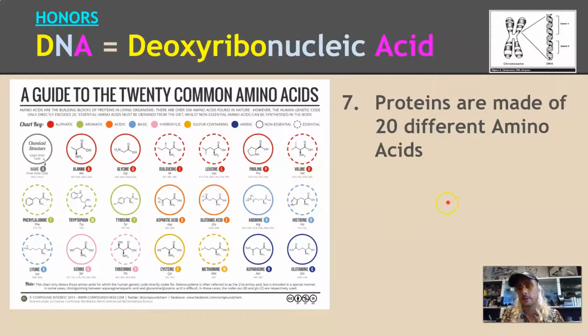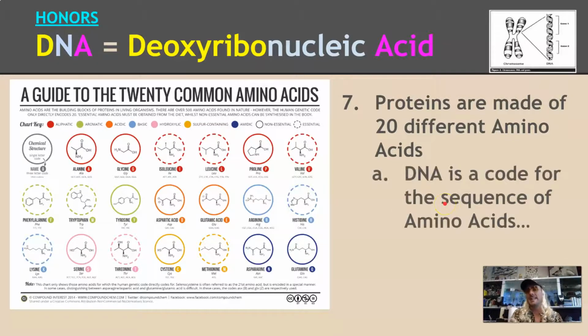Not going to do that to you here in high school biology. But DNA is a code for the sequence of amino acids. We're going to unpack this more later in this last section where we talk about how DNA makes proteins, the functional part of it. But DNA is a code, and as you read down a specific gene, the different sections tell you to add this amino acid, add this amino acid, add this amino acid.